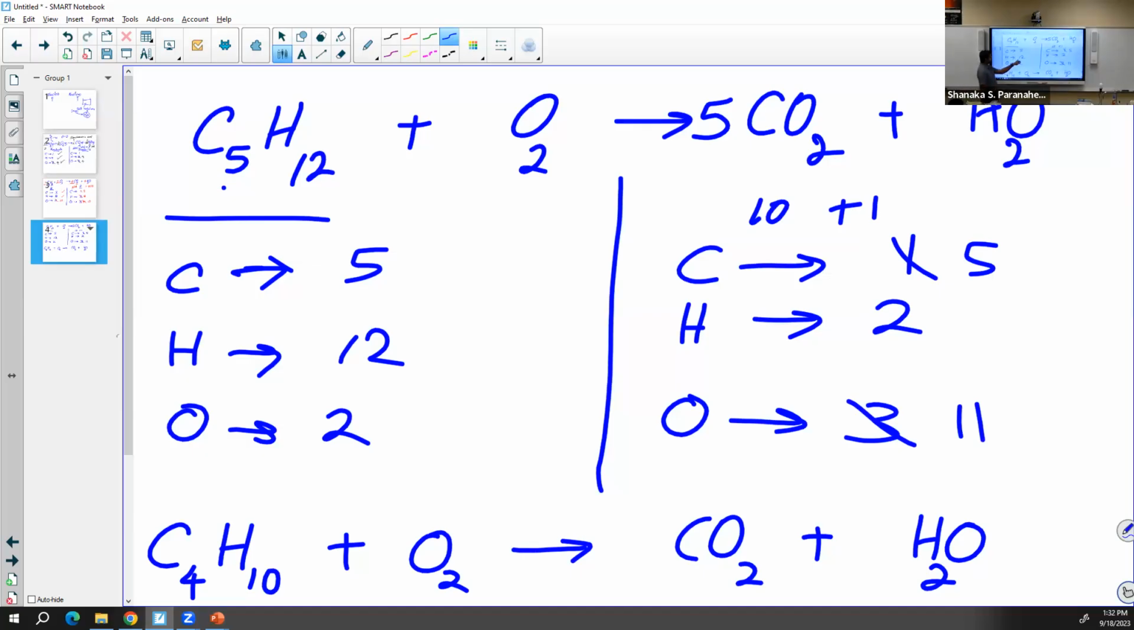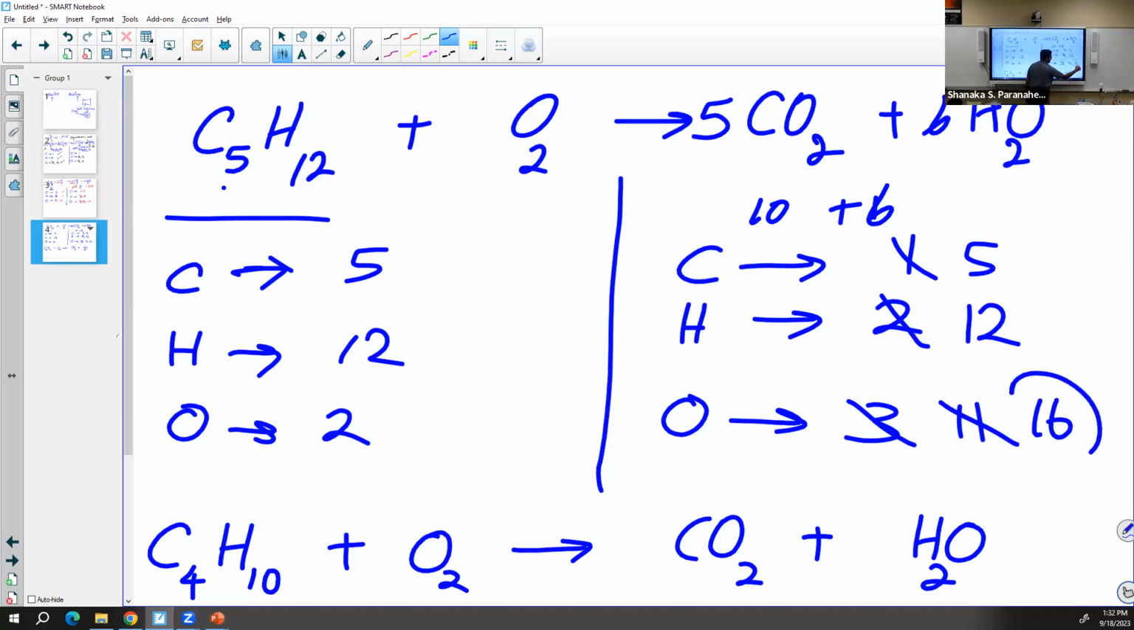So next one, hydrogen. 12 versus 2. What is the number required in front of water? 6. Okay, so 6 times 2. So what is the new number of oxygen? So still we have 10 from carbon dioxide. So the new number of oxygen from water is 6. 10 plus 6,